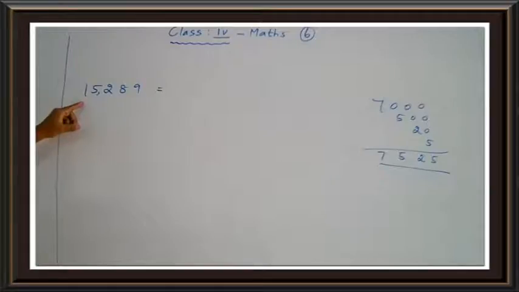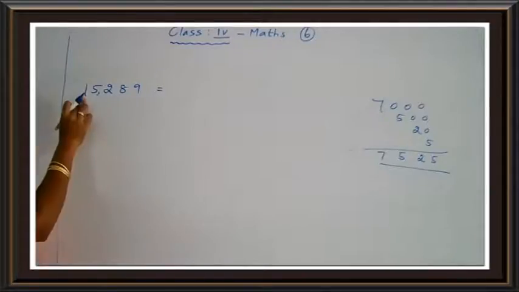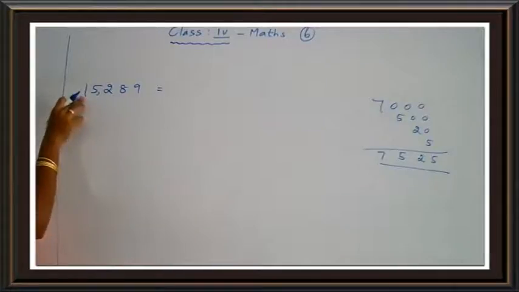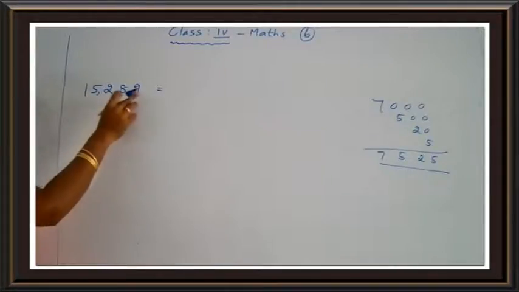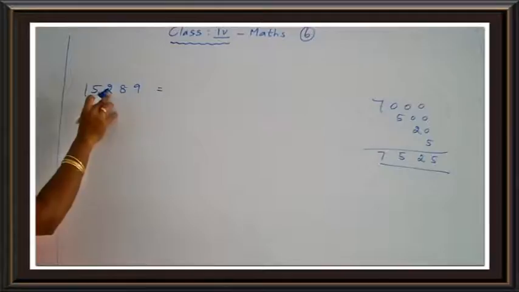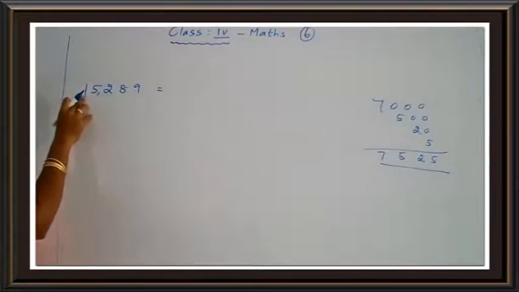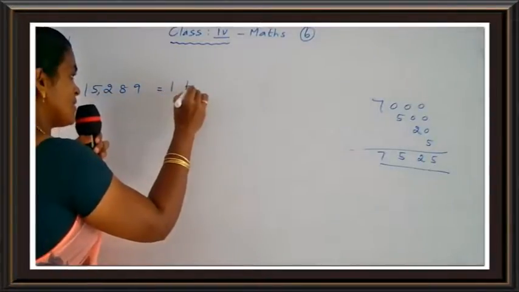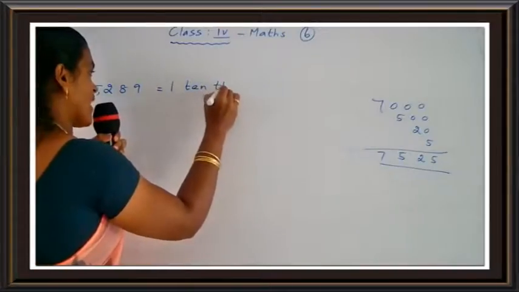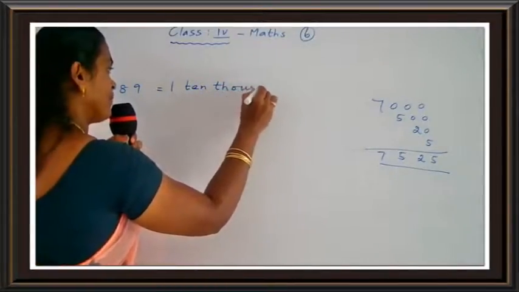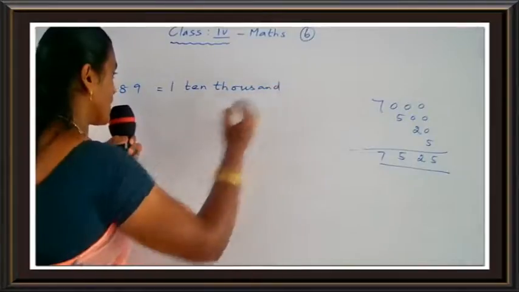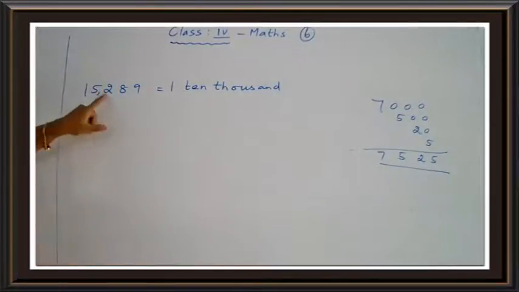Okay, so first you start with this one. So what is the place value of this one? 1, 10, 100, 1000, 10,000. Okay, so 1, 10,000. Okay, children, what is the place value of this one? 1, 10, 100, 1000, 10,000. So 1, 10,000 plus